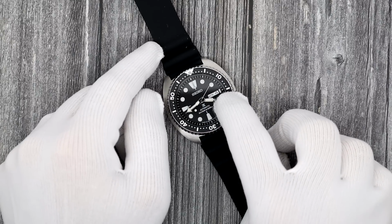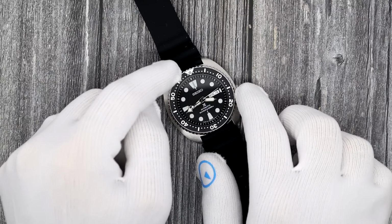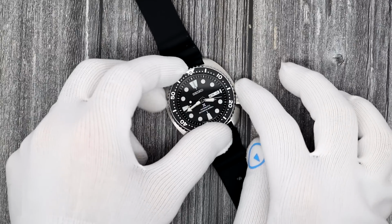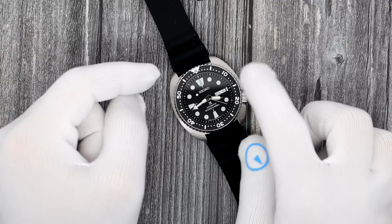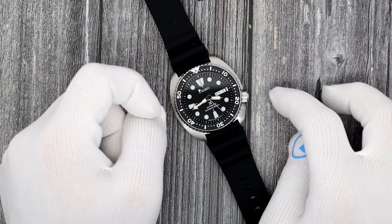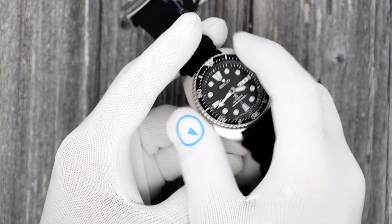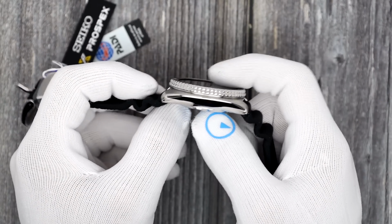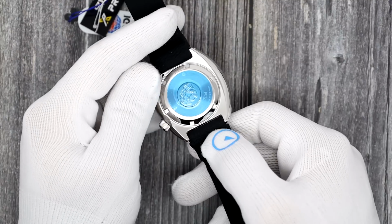Small little change: they just added a little lume next to the day date right there, and they changed some of the text on the back to fall in line with the ISO 6425 requirements. It runs on Seiko's 4R36 movement, which hand winds, hacks, with 40 hours of power reserve. It's a turtle case, 45 millimeters in diameter, a little over 13 thick. This guy has a flat Hardlex crystal. It's 47 lug tip to lug tip, with 22 millimeter lugs